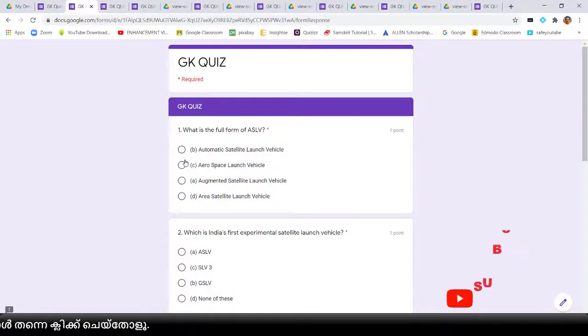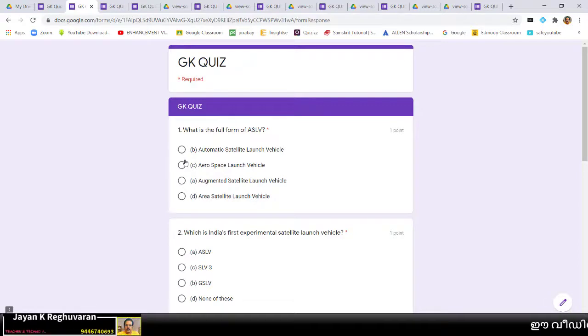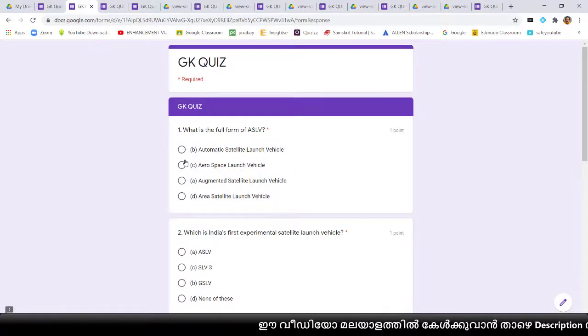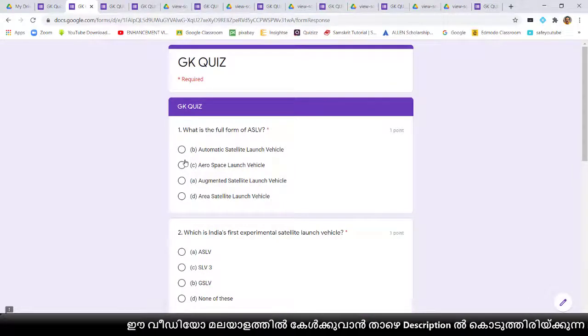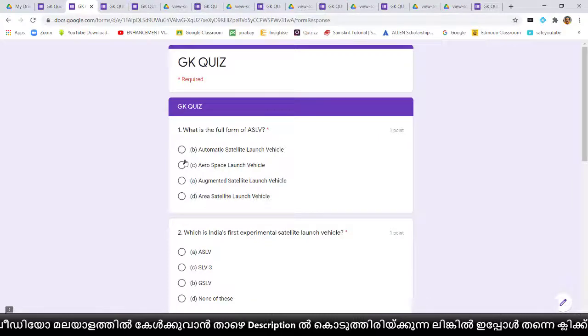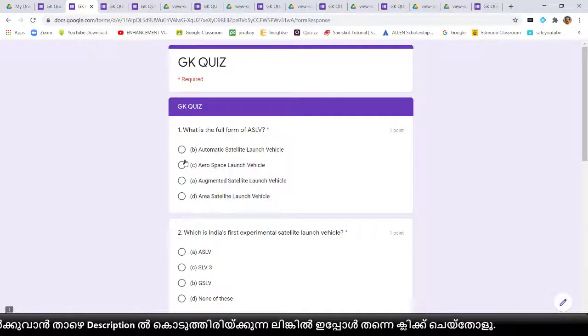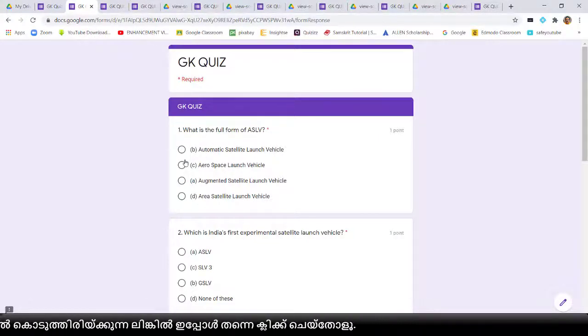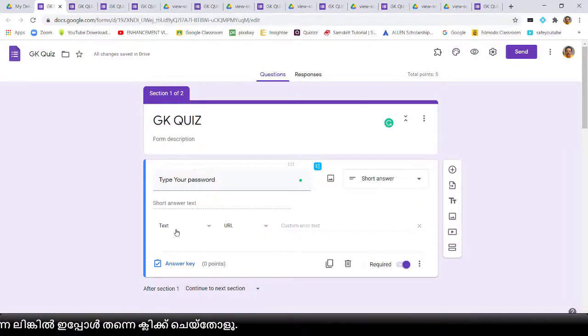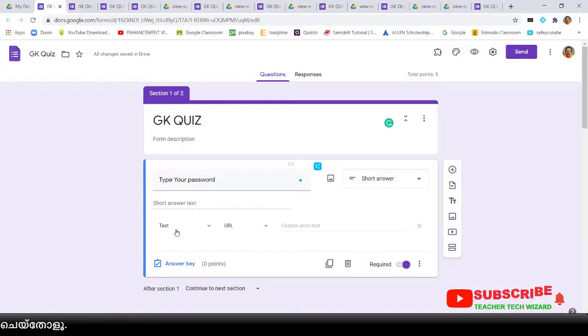One thing, if you are giving the link or URL as the password, you have to send this password, this URL or link, to the children's GCR page. Then they will copy and paste this password and they can open the Google form. That is another method. Only one thing, you use this different type of method in your Google form. Don't use the same method always.